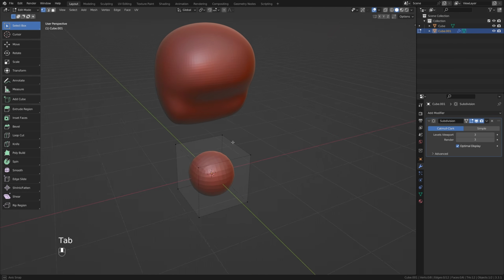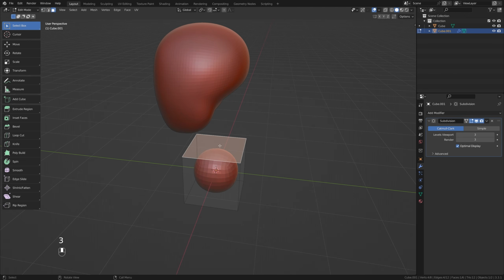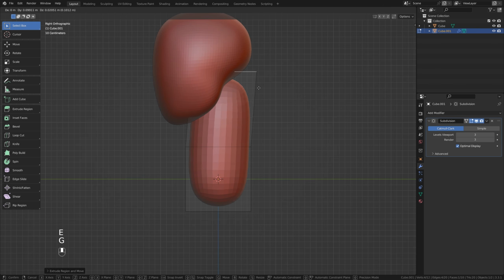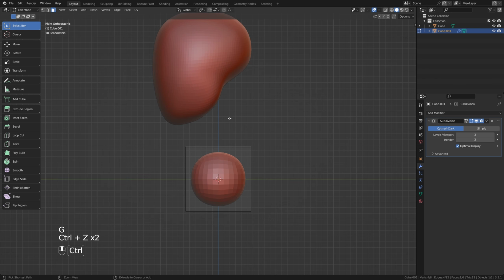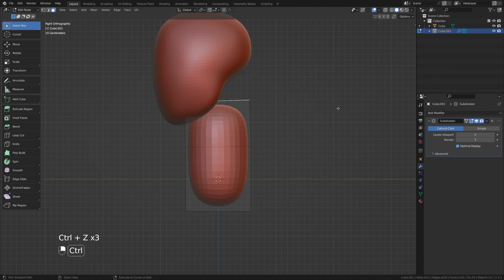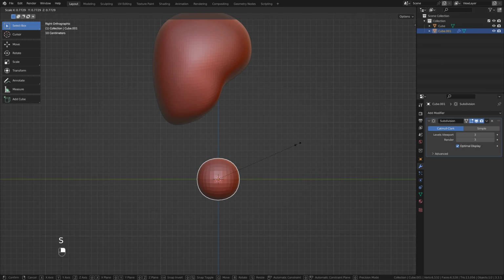So tab into edit mode on our cube here, 3 to select faces, and then clicking on this top face in side view, we're going to extrude this up so it's a nicely curved shape. What I like to do in these sort of circumstances is rather than just extruding with E and moving and adjusting, you can actually hold Control and right click to keep extruding in different directions like this. Obviously that neck's a bit large,